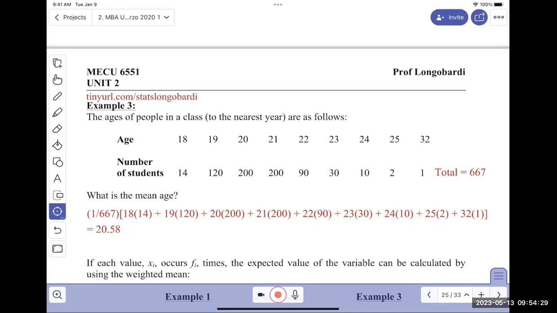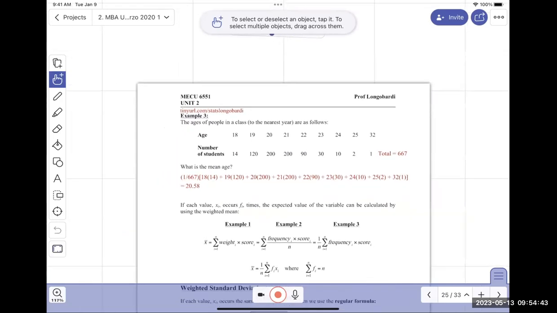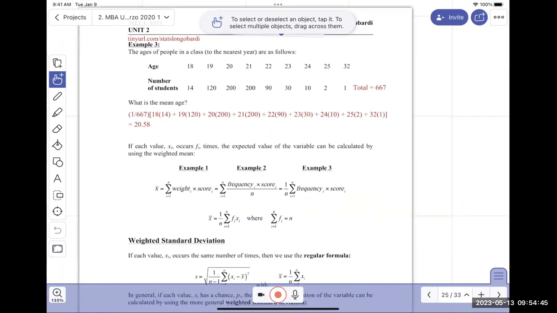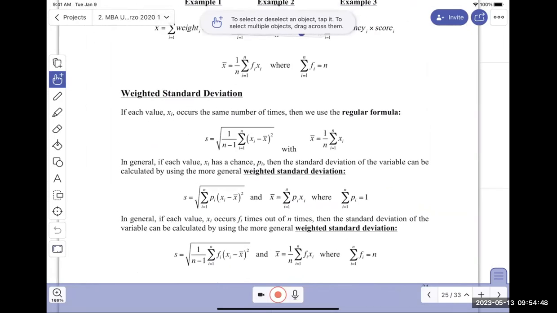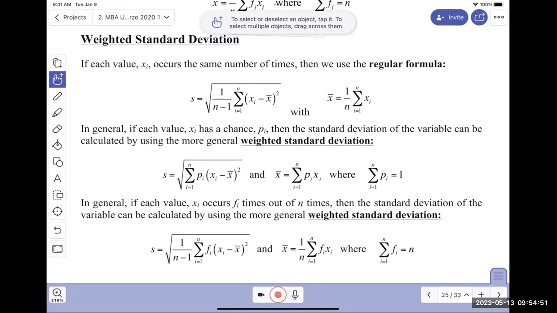Again, you can put this into your calculator. You can actually put it in as frequency, get the weighted mean, and then divide by 667. So try that on your own, because I'm going to just say something about the weighted standard deviation. So there's a weighted mean and there's a weighted standard deviation. The regular standard deviation is computed like this, as we discussed. But what if every observation has a frequency or a weight associated with it of significance? If it's sample data,